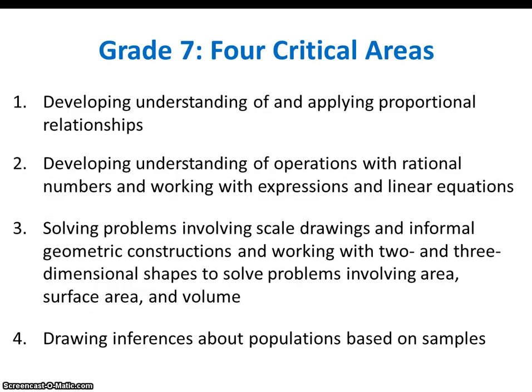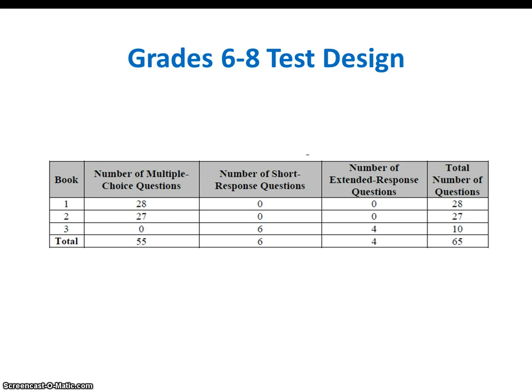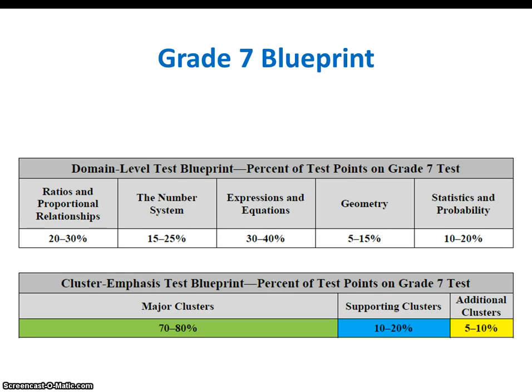Grade 7, there are 4 critical areas of study: developing understanding of and applying proportional relationships, developing understanding of operations with rational numbers and working with expressions and linear equations, solving problems involving scale drawings and informal geometric constructions, and working with 2 and 3 dimensional shapes to solve problems involving area, surface area, and volume, drawing inferences about populations based on samples. Grades 6 through 8 test design, again 3 books, multiple choice, short response, and extended response. Grade 7 blueprint,